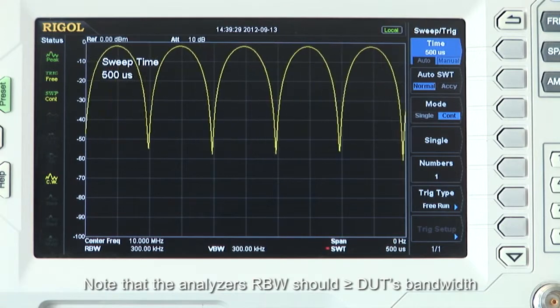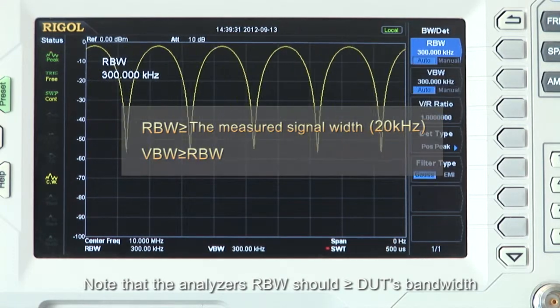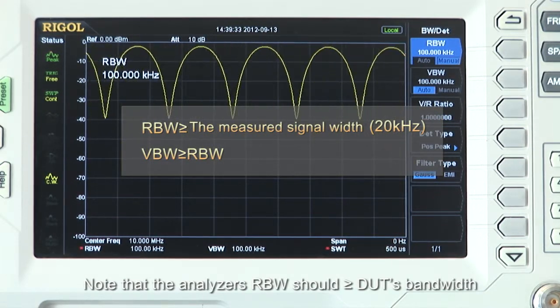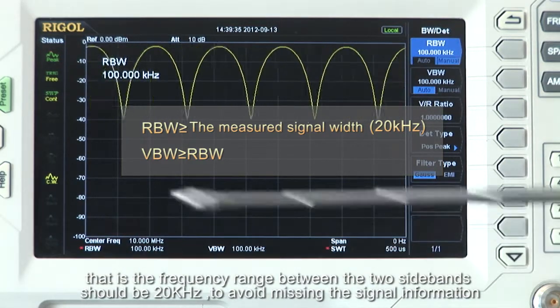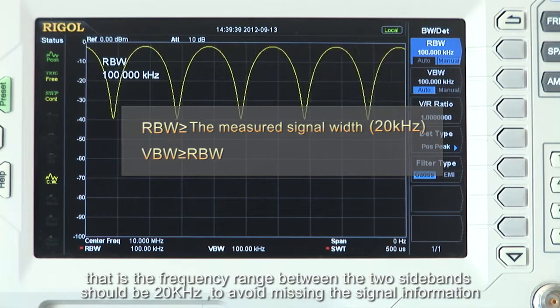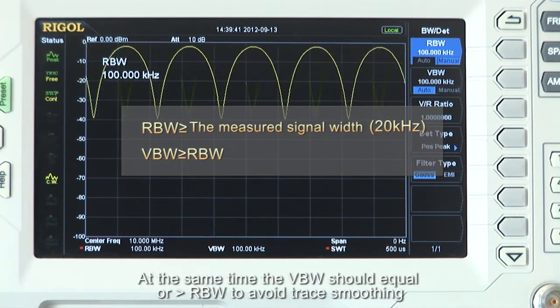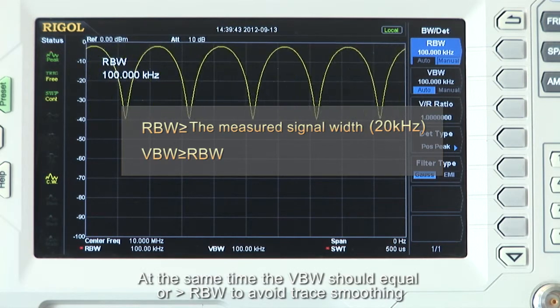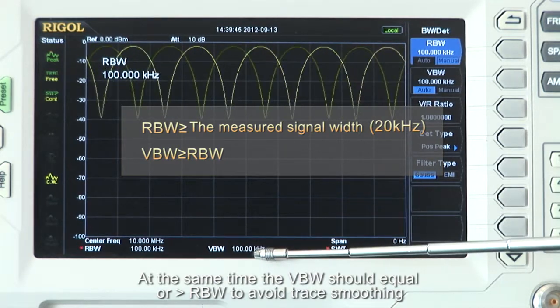Note that the analyzer's resolution bandwidth should be greater than or equal to the DUT's bandwidth. That is the frequency range between the two sidebands, and it should be 20 kHz to avoid missing the signal information. At the same time, the video bandwidth, or VBW, should be equal to or greater than the resolution bandwidth